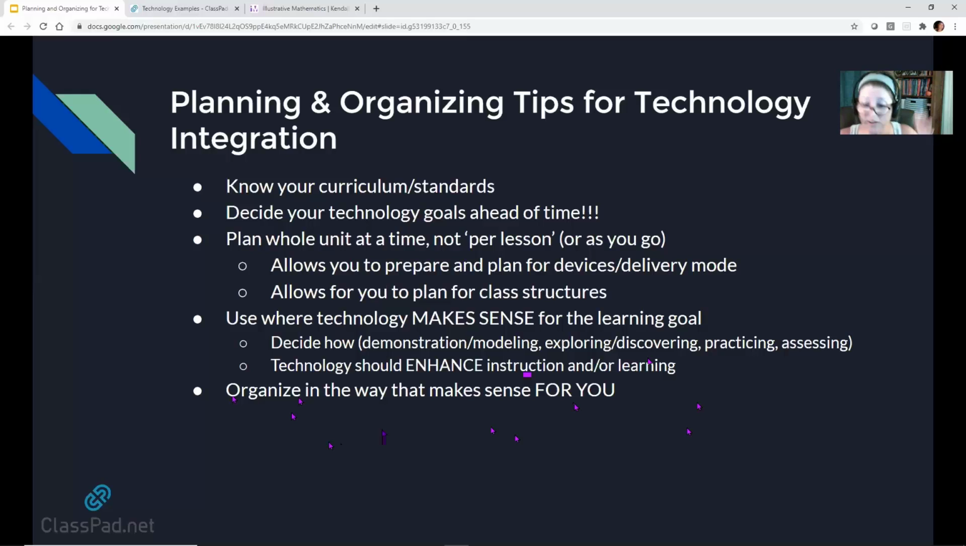Organization. So all of this is really the idea that you need to plan for technology before you ever start teaching with technology. You need to plan for it and then figure out what technology resources. So you need to figure out how you're going to organize. So for those of you who are teaching right now, and for those of you who are going to be